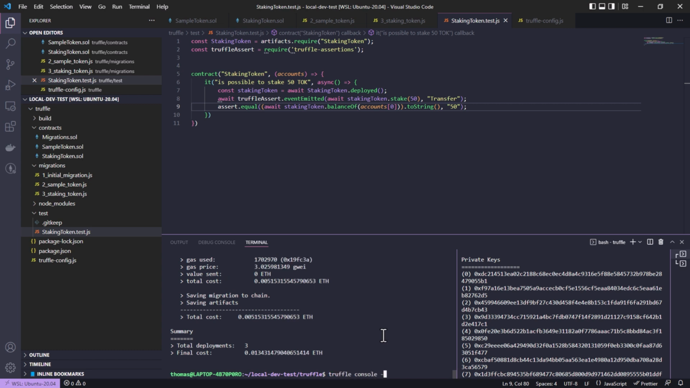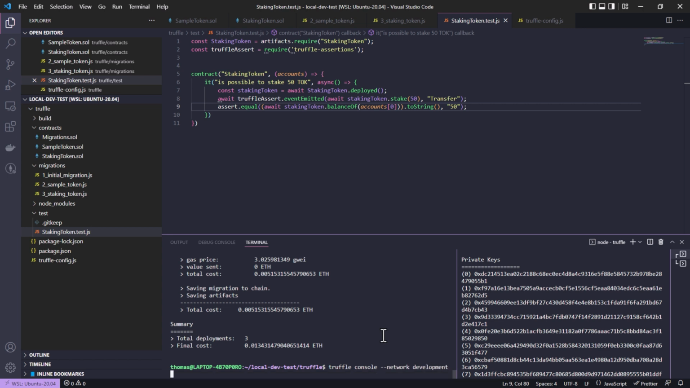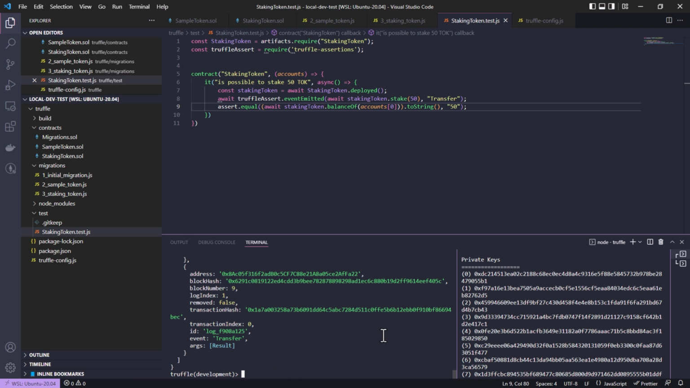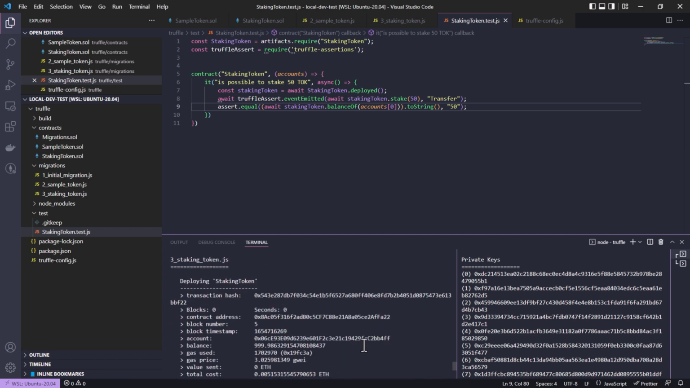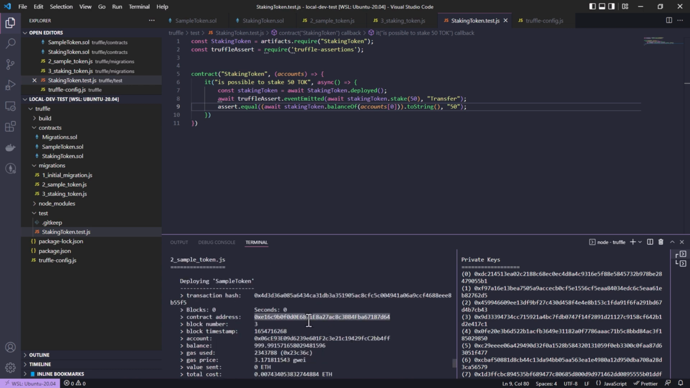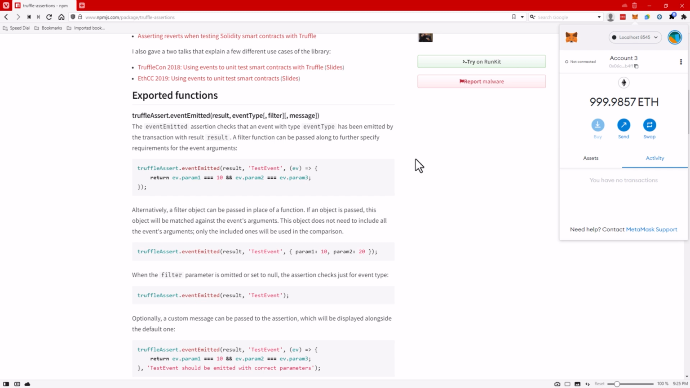Then we are going to deploy that, and then we are going to use the Truffle console on the network development, which is the standard network. Actually, you don't have to give it a name. It's by default the network development. We are going to use the network development to actually stake something. Stake 50. Okay, fine, this worked. And now we are going to import our staking token and our sample token into MetaMask